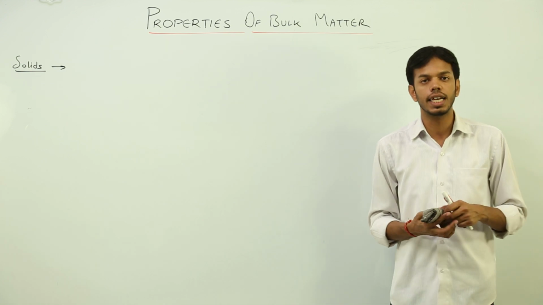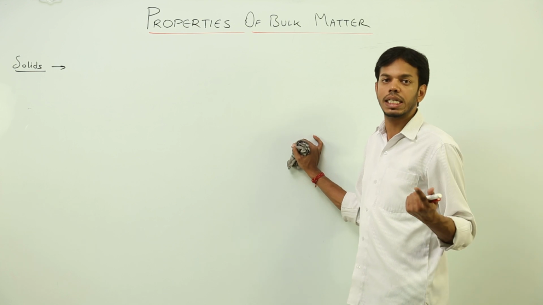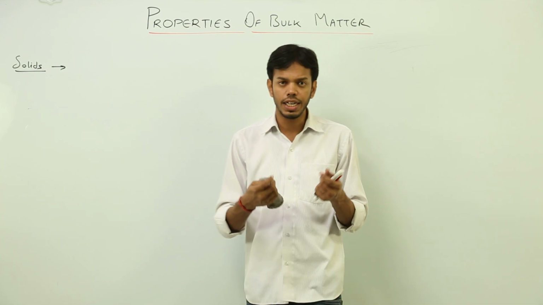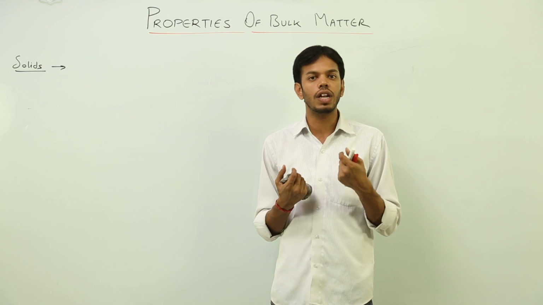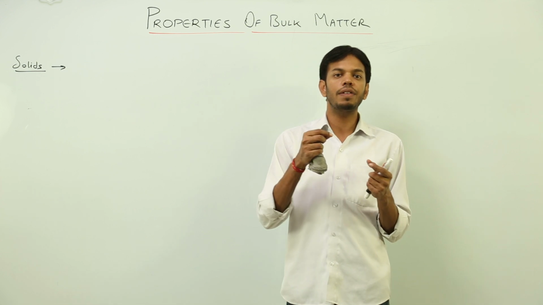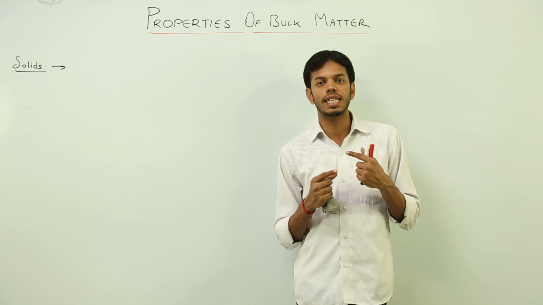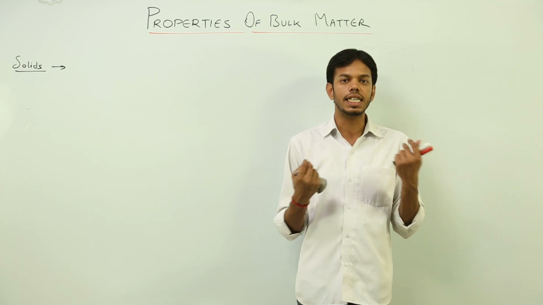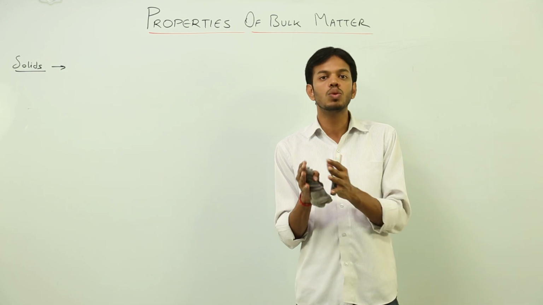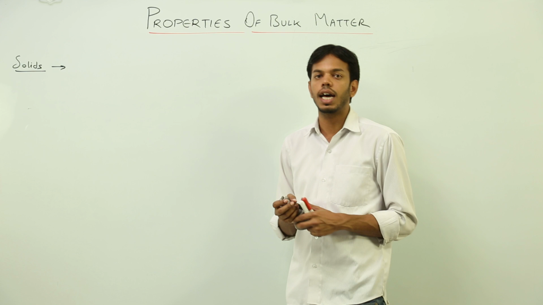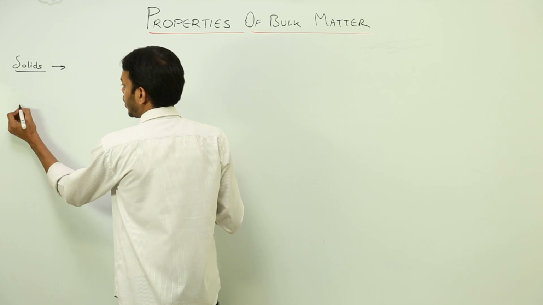And another term is called elastic fatigue, which is the loss in elastic properties of a body after repeated stress and strain. For example, take a rubber band, stretch it, loose it, stretch it, loose it, keep doing that repeatedly. What will happen after a time? The rubber band will be loosened up, right? Initially the rubber band size was something, and after repeated stress and strain it has gone to something else. So a property of a body in which it loses its property of elasticity is called elastic fatigue.